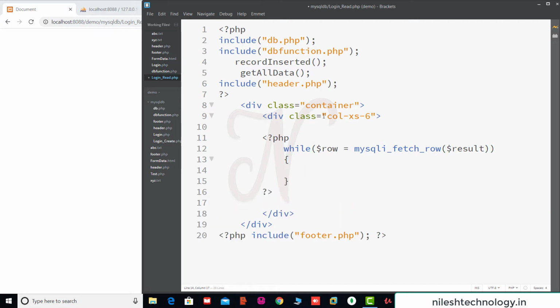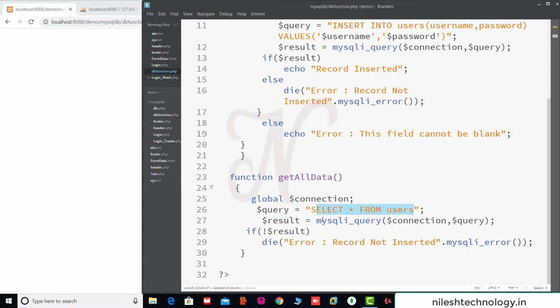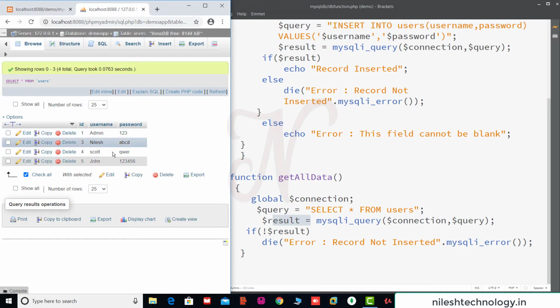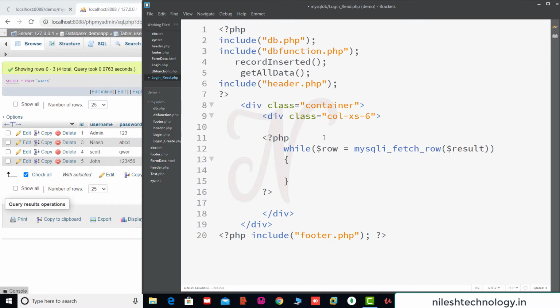This $result variable holds the query result. In this table there are multiple rows, so all these rows are printed one by one by using this while loop. The first row is stored in this $row variable.